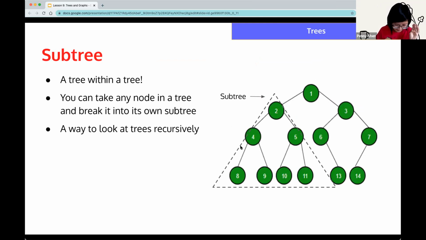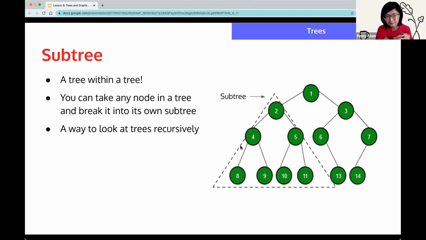Now before we dive more into the definitions or characteristics of a binary tree, let's talk about a subtree, because a lot of times subtrees are used to define these things. A subtree is basically a tree within the tree. When you take any node from a tree, so you take node 2, and all the nodes that follow it, that node can be considered a subtree. It can be considered a tree in its own right.